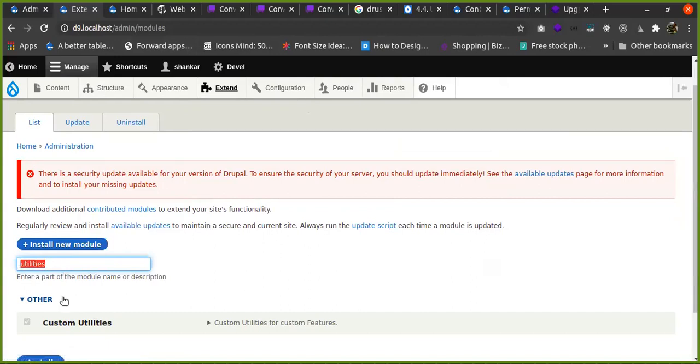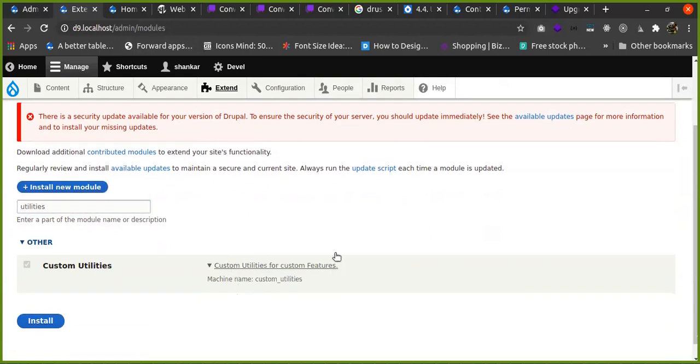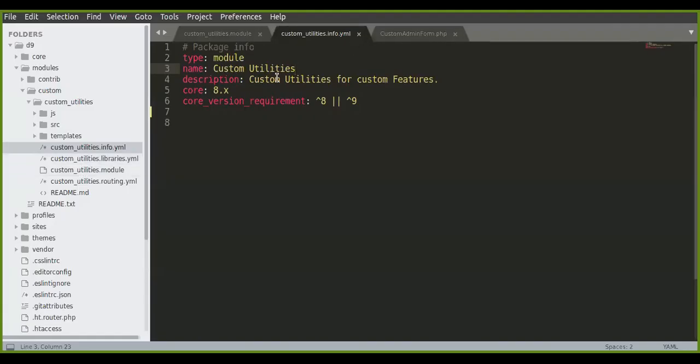See, I typed just utilities. So this is the module name, and this is the module description. This is the machine name. Those things come because of this .info file. I hope you understood about this .info file.